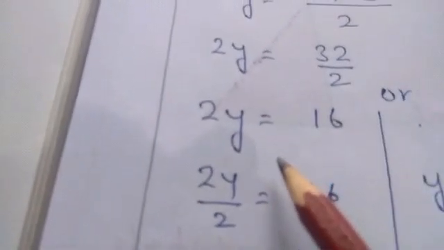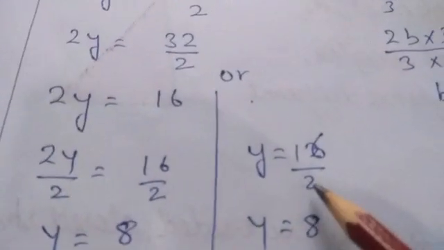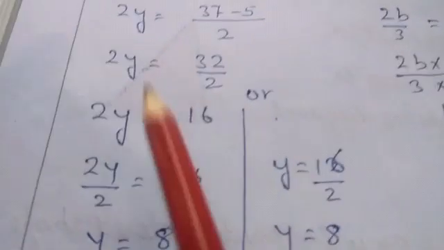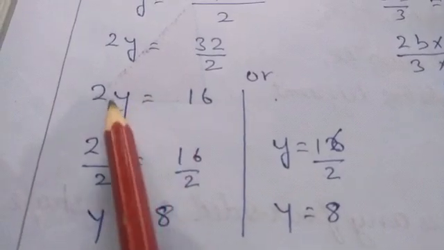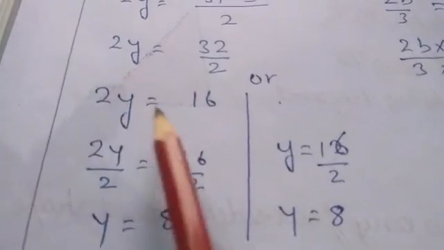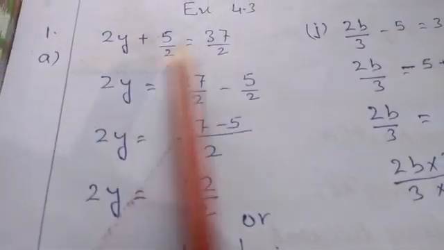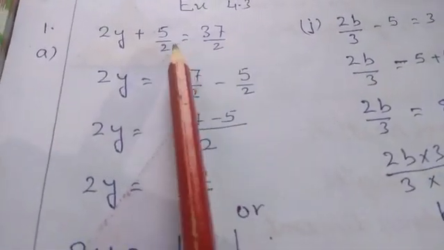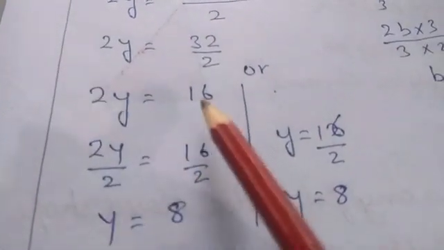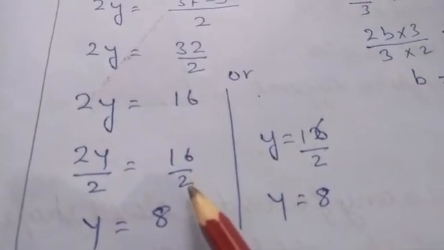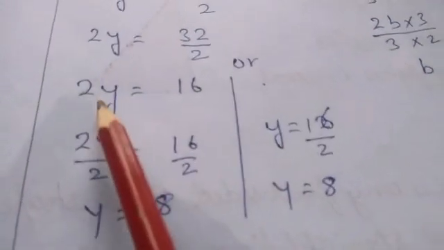Or in a very shortcut way, you can do it this way also. In a very simple way, this 2 will come here and divide here, because this is multiplication. Multiplication will become division on the other side. For example, here plus became minus when we transposed this number to this side. Similarly, if I have to bring this number to this side, it will become division, not minus or plus. Okay, remember this, because this is multiplication.